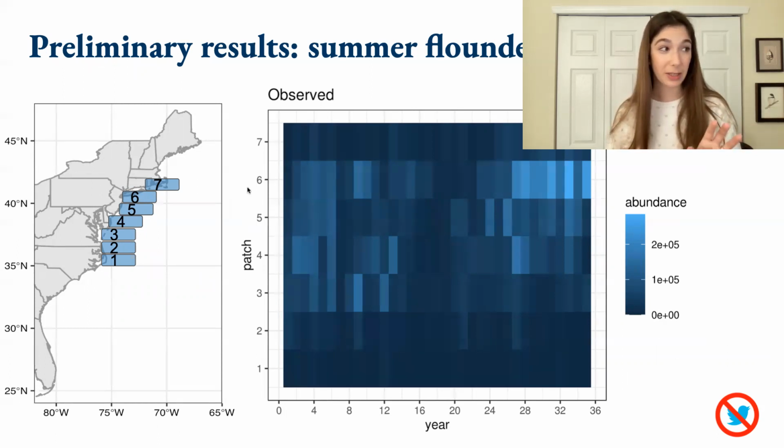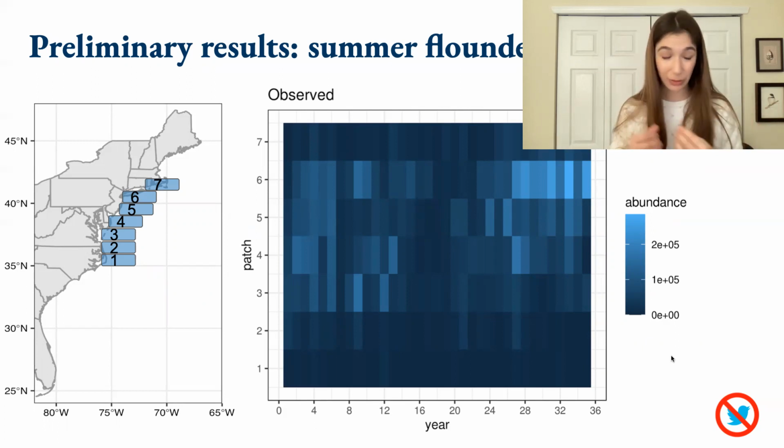The first is overfishing. In the middle of this time series, which is the 80s and 90s, the bright colors all go away. The bright colors are the highly abundant patches, so you can see that the population just collapses. The second feature is that it does recover really strongly late in the training time series, but it recovers much further north than where it started. So we have a number of dynamics that the model fitted to the data needs to capture: the overfishing induced collapse, the recovery, and the northward shift.